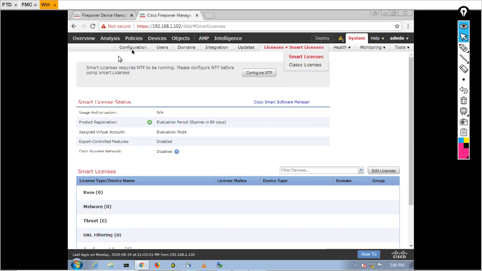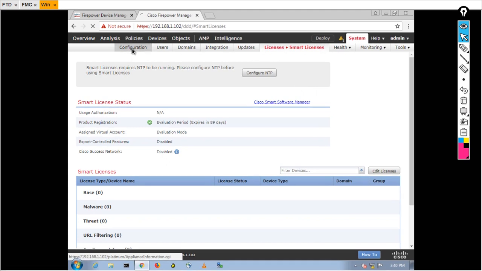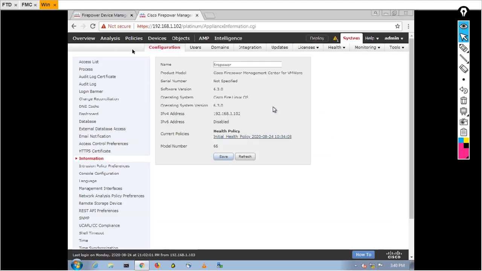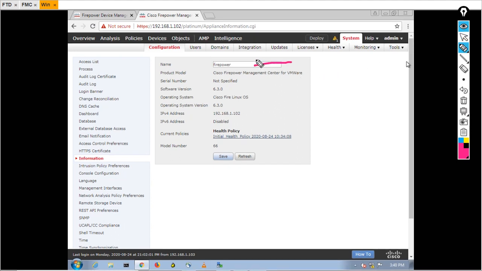Now come to this configuration. In the configuration, you can see some basic information like my host name, the device name, Firepower, the version, and the operating system, which is Linux based, and the IP address of this FMC. Here we have some services like access list, process, log.